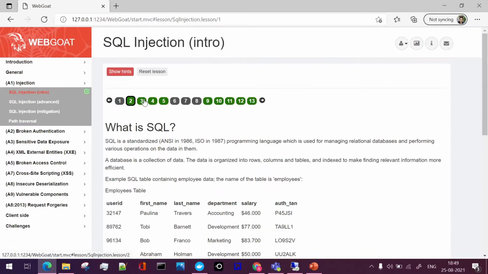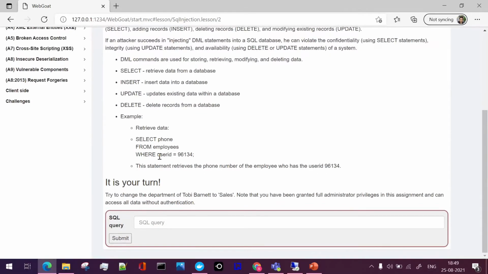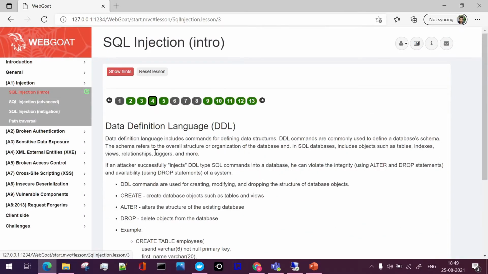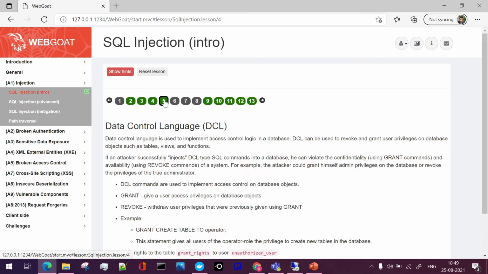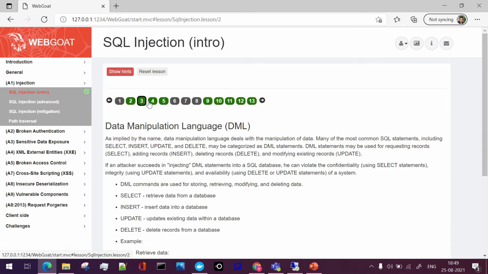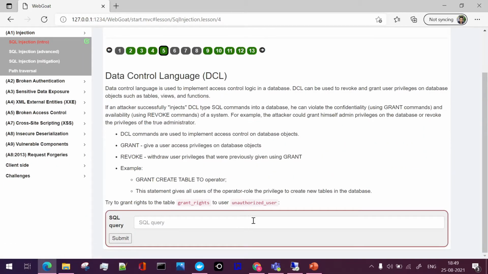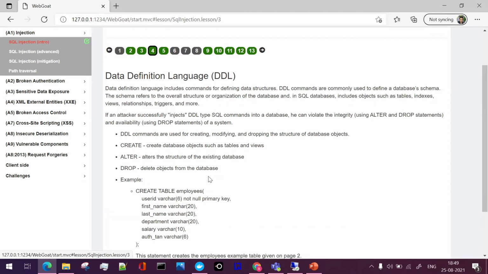In this way, you can even try out DML, and you can even try DDL. Next, there are also sections 1, 2, 3, 4, and if we go to 5, all these sections just talk about the SQL basics and one example of how that can be used or hampered. Here, if you check this table,